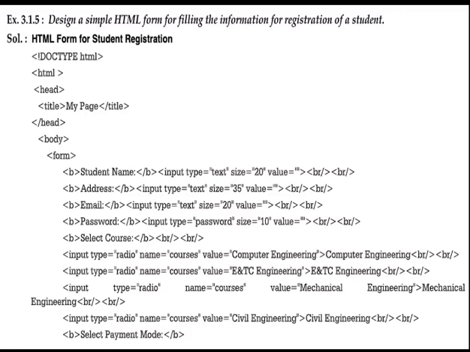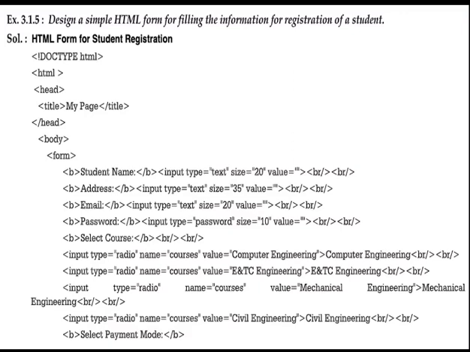Then your next field is your address field. So address is a multiple line text, right? So here instead of text box you should use what? Text area. Here I have used text box, but you use text area instead of text box. Okay, so input type is equal to, you have to write text area. Then for text area you need to specify cols and rows. So specify cols and rows over there, and the value you should keep as blank.